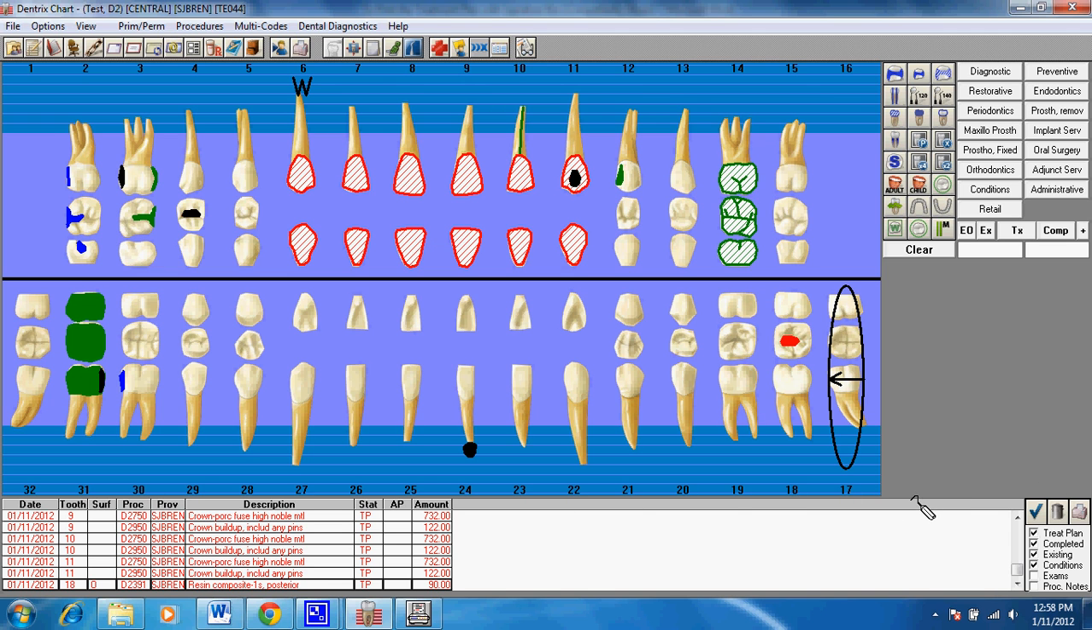Okay, one or two other little shortcuts. This might help when you go through and do your exam with your patient and you have charted on paper conditions, existing work, and things you want treatment planned. When you're going through and updating the chart to put all of that in, something that can make a nice shortcut is, if I click on